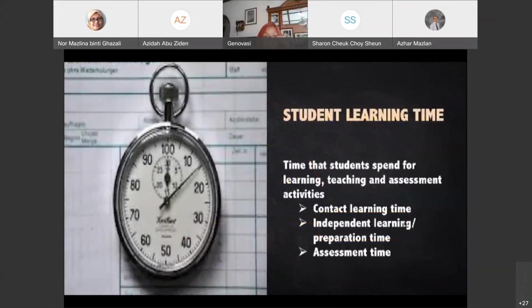Okay, so what is student learning time? Student learning time, sometimes pensyarah pun dia tak pasti ya, apa sebenarnya yang dikatakan student learning time ni. Sometimes, you know, they are not sure what student learning time is. So, student learning time is the time that students spend for learning, teaching and assessment activity. So, this is a combination. The SLT is a combination of